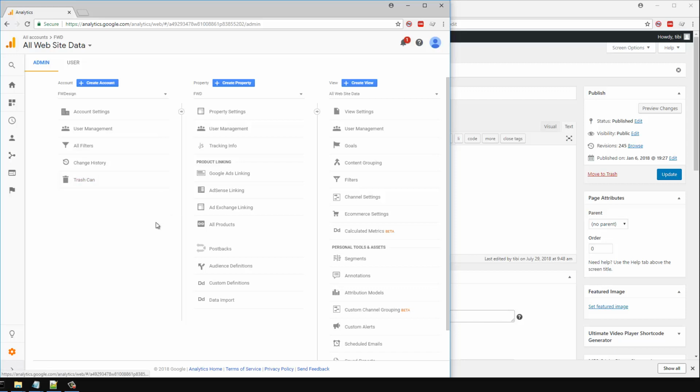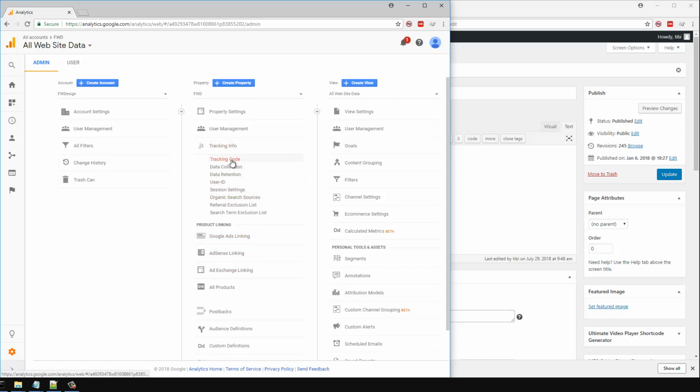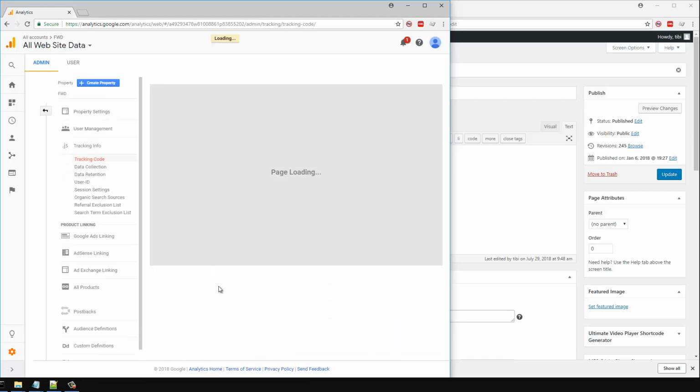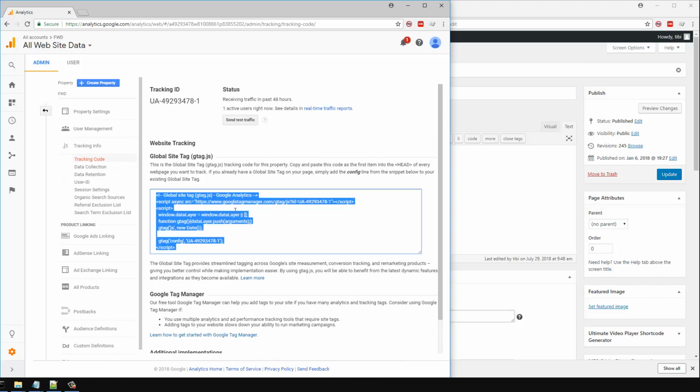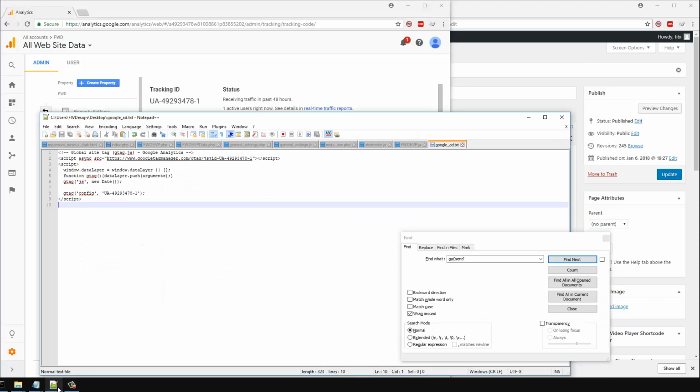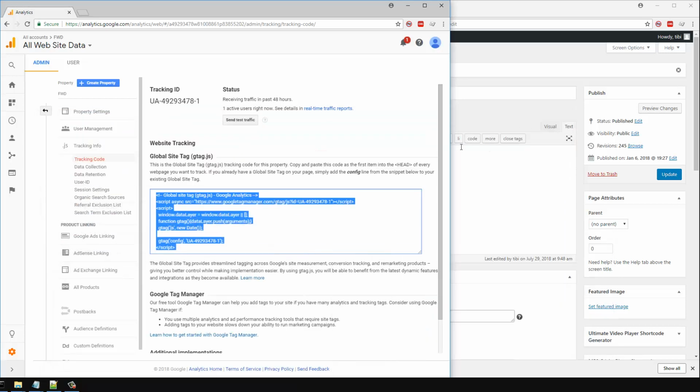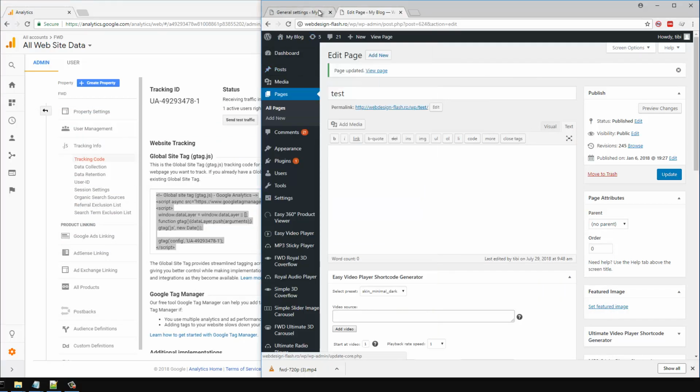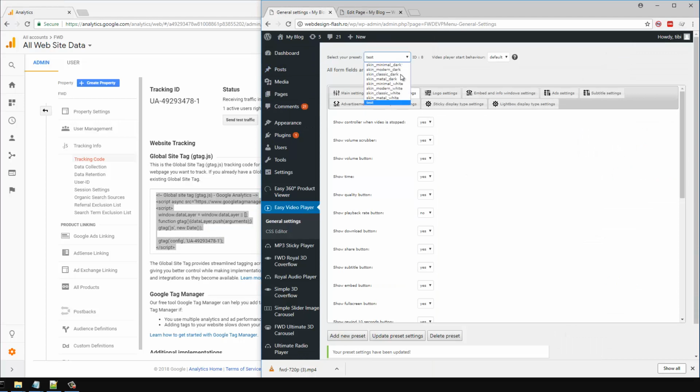So after the account is created, we will need a tracking code. This can be taken from here. As you can see, this string here, this is what you need, and from it we only need this string from the config. After we have this, in the preset, create a new preset,